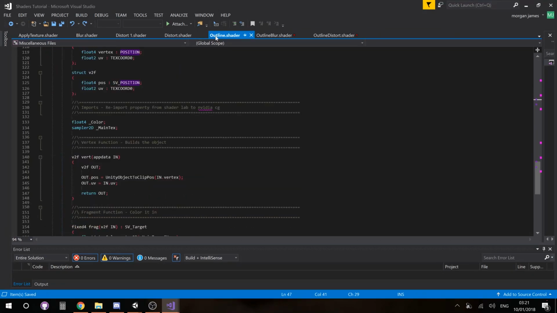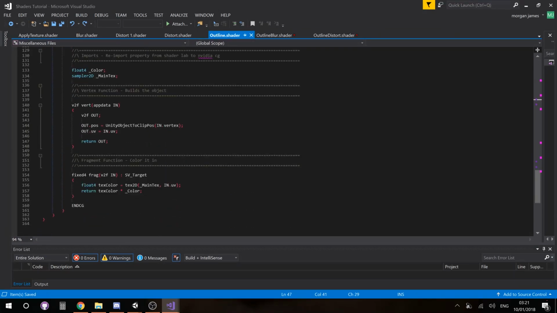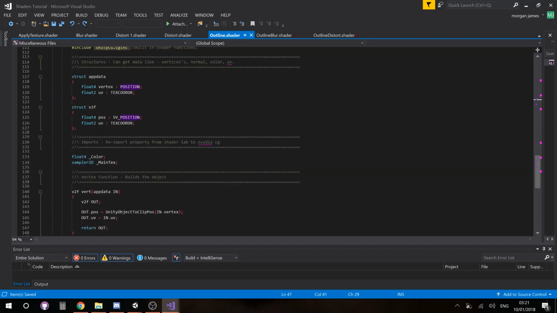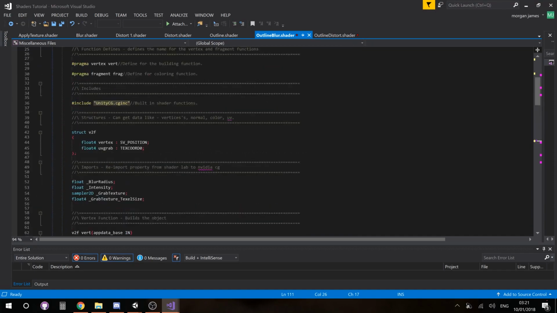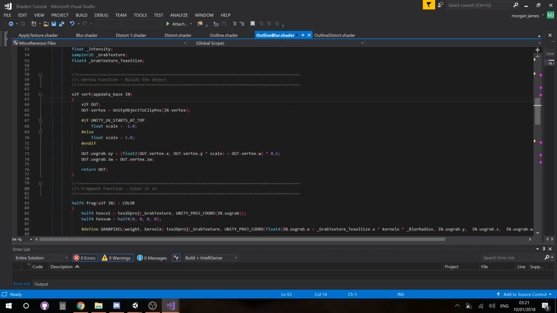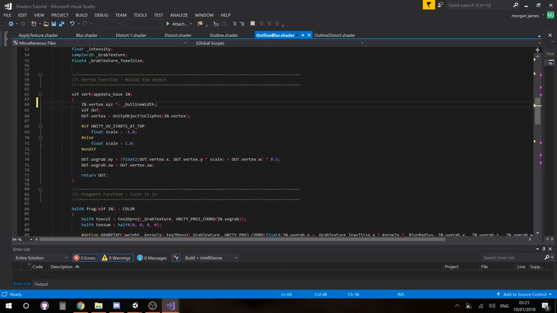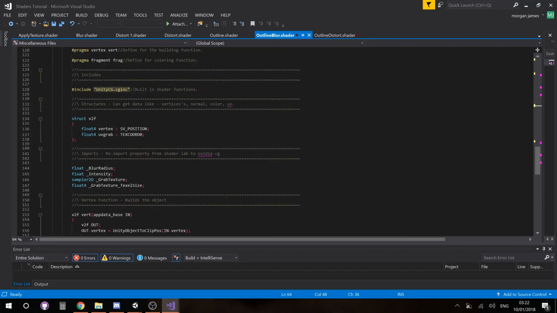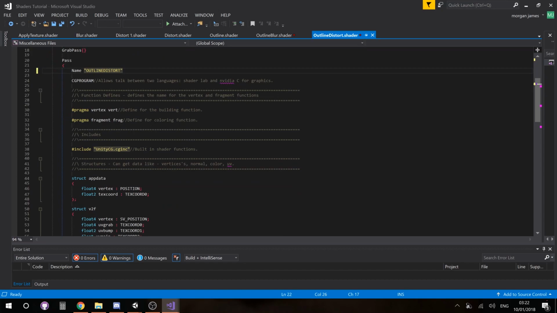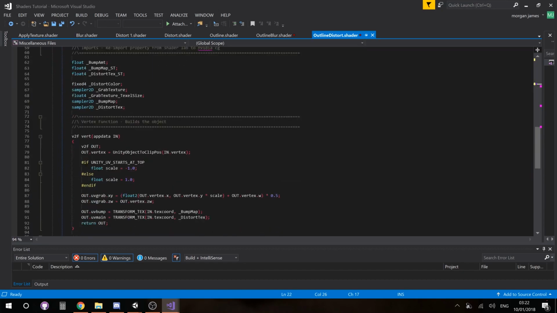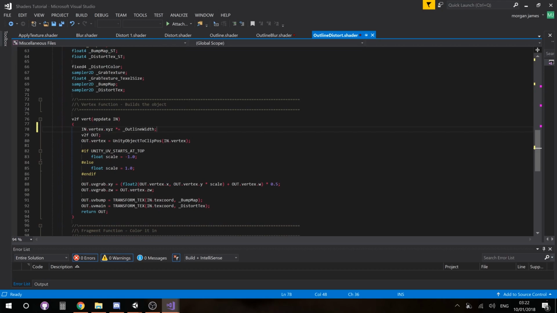Now to actually make these different, we're going to go back into our normal outline shader, go down to the top vertex where we actually make the outline, and we're just going to copy this little line that times everything by the outline width, and then we can go into our outline blur again and just add this to both vertex functions, so these two, and then we could also put it in the outline distort one. So put that there, and then we're also going to need